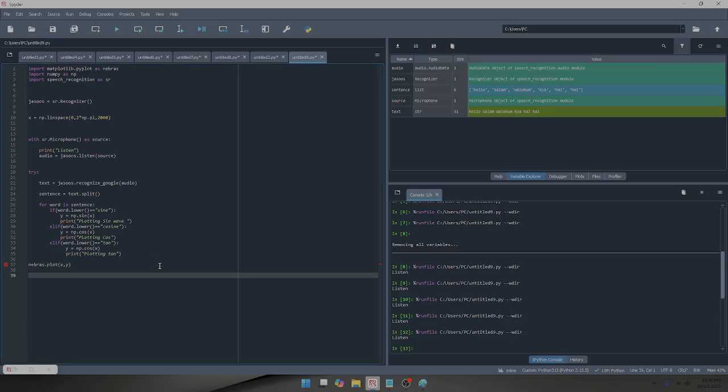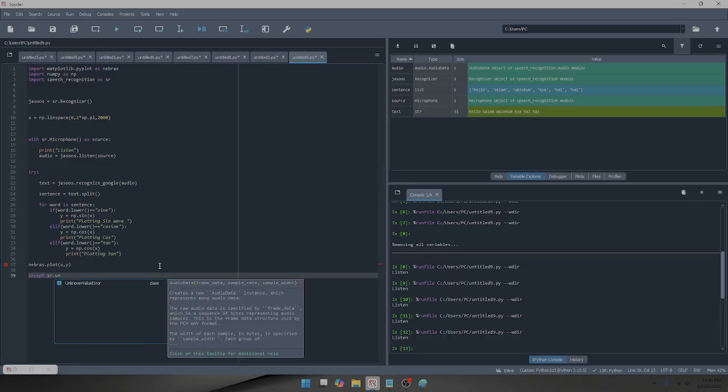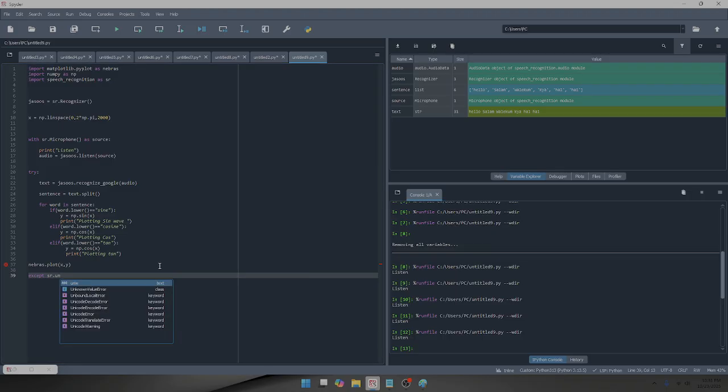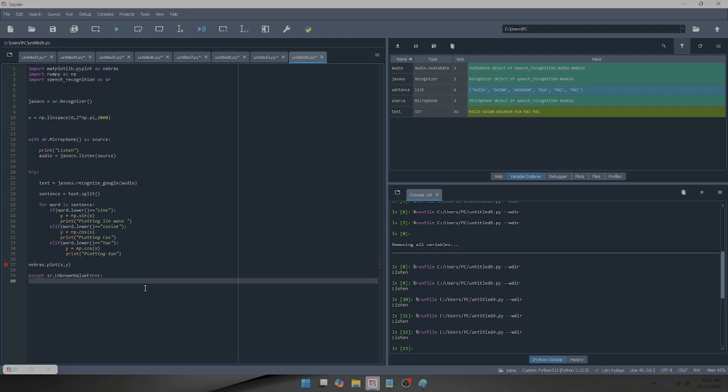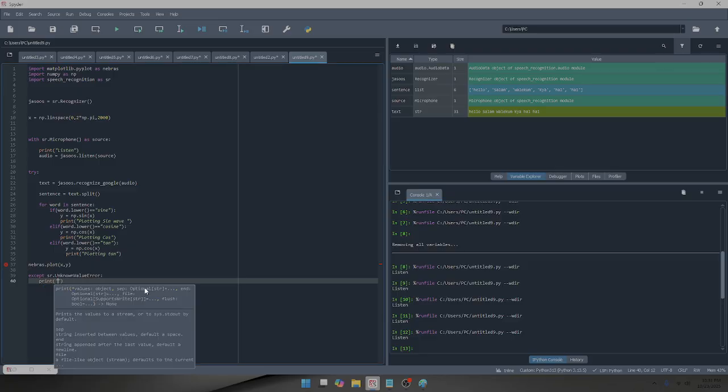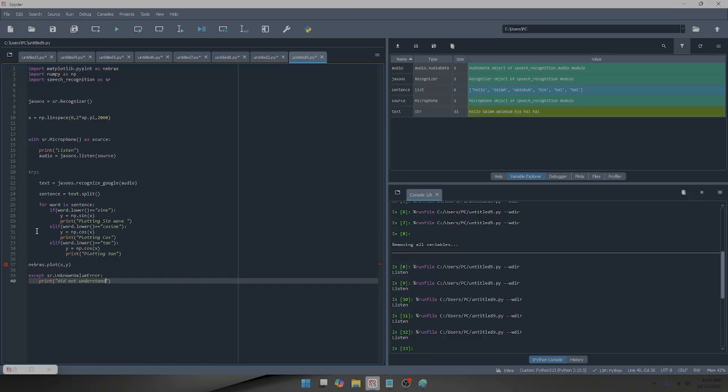And now we're going to add the except ones, except sr.UnknownValueError. Okay, you can just click this, but make sure you remove the brackets afterwards, because that would be calling an object, and we don't want to create an object, we're referencing the error. So here we're going to write print did not understand. Okay,